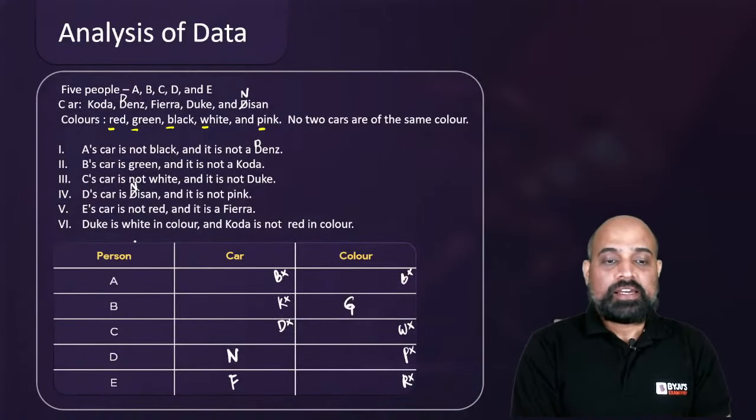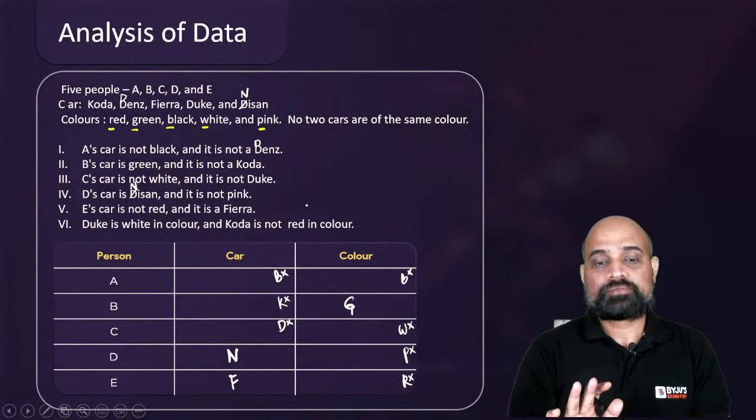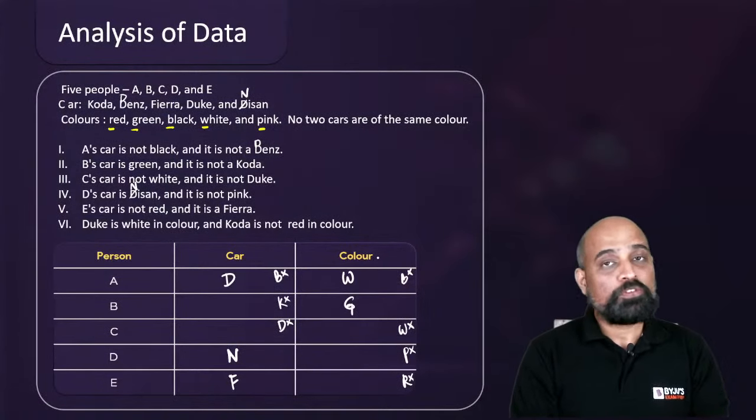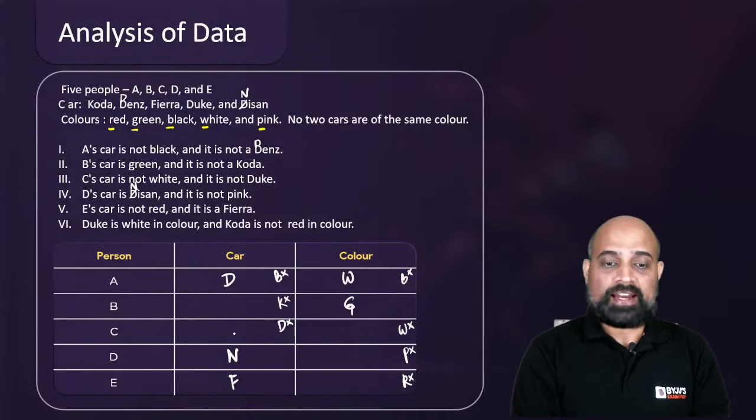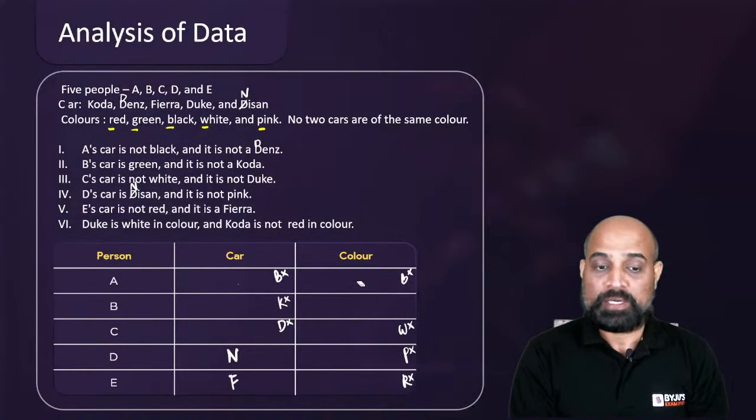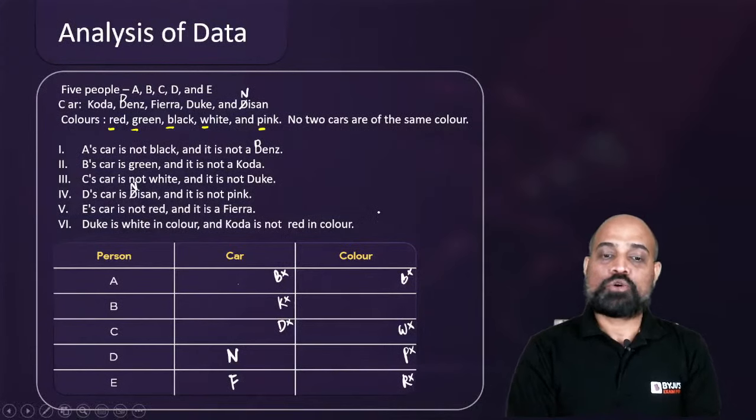Next, it says Duke is white in color. So we are pretty sure this can't be Duke because this is not white in color, right? So if this is Duke, then this is going to be white. Right? And this can't be Duke, this can't be Koda, so this has to be Benz. If this is going to be Benz, this is going to be Koda. What if this is not Duke? What if the other one is a Duke, right? So we are going to have the abhi cases wala type lag raha hai. And Koda is not red in color, right? Just like the previous scenario,